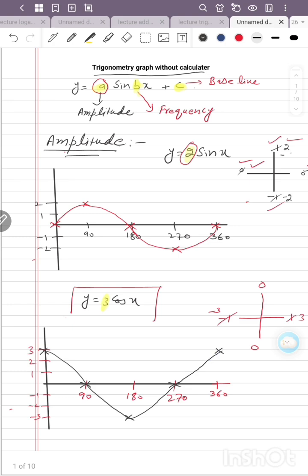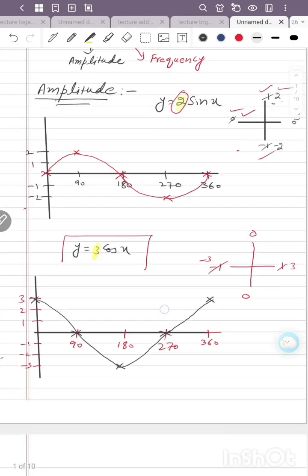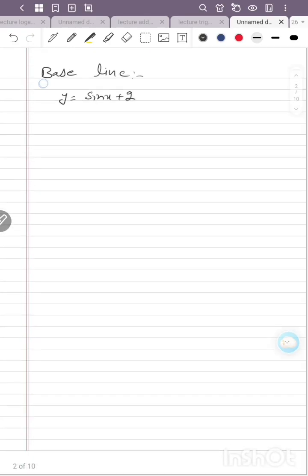ओके डियर स्टूडेंट, आई थिंक आप लोगों ने इजीली अंडरस्टैंड कर लिया होगा। अब आते हैं बेटा नेक्स्ट हम अपने टॉपिक की तरफ, वो है बेस लाइन। देखिए बेस लाइन को कैसे डिनोट करते हैं, जैसा कि पहले भी हमने कहा है, ये जो अलग से वैल्यू होती है इसको हम क्या कहते हैं, बेस लाइन।